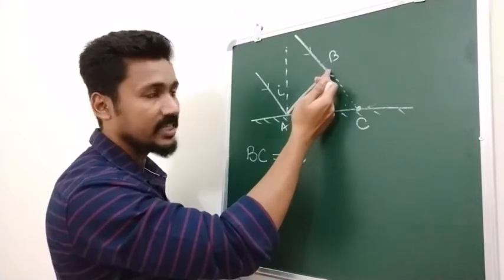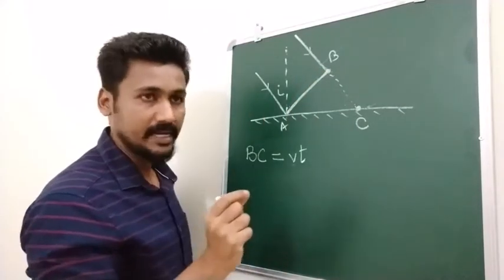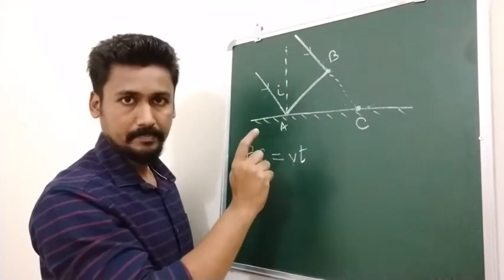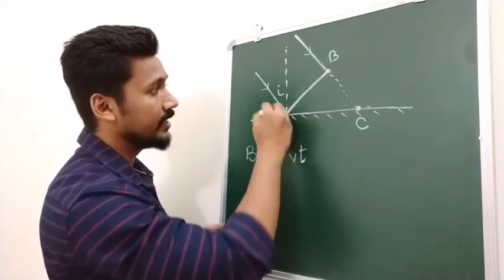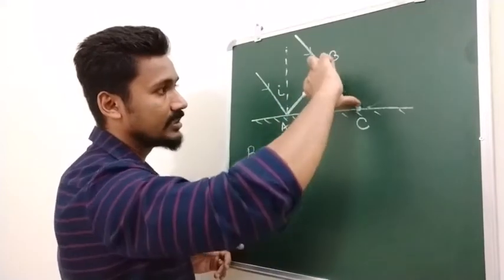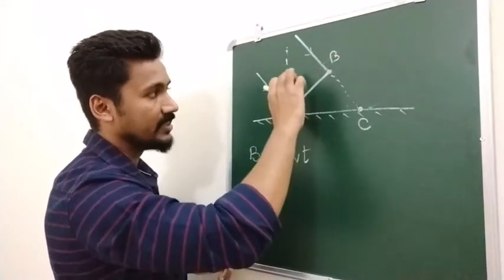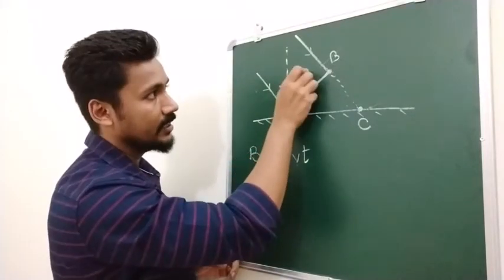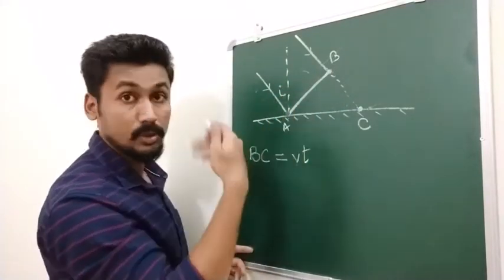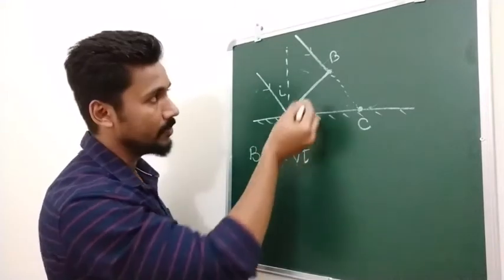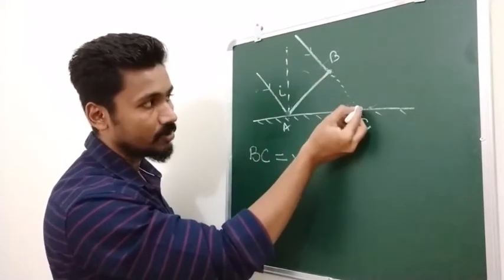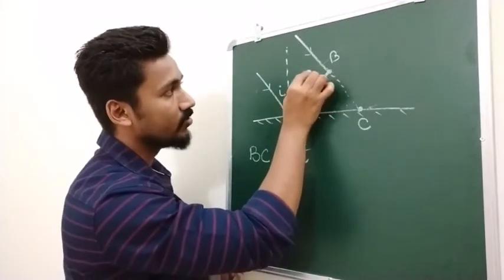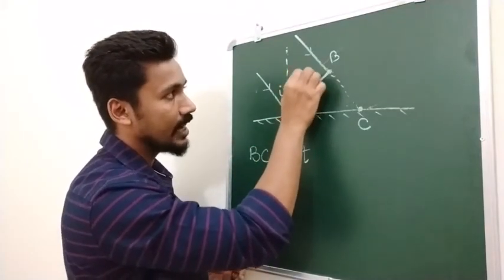Now, when the wave is created from B, at the same time a wave is created from A, which will be in this medium. That wave will have to draw an arc having the same length as BC. So like this, we are going to get an arc over here. Where will the new wavefront, that is the reflected wavefront, be formed? Wherever the tangent is drawn from point C to that sphere that we are getting. So it will be somewhere over here.